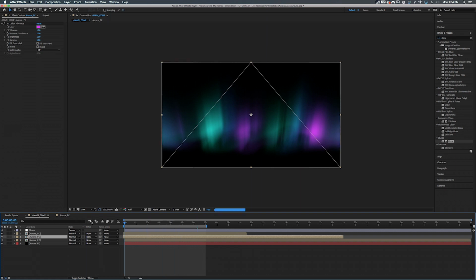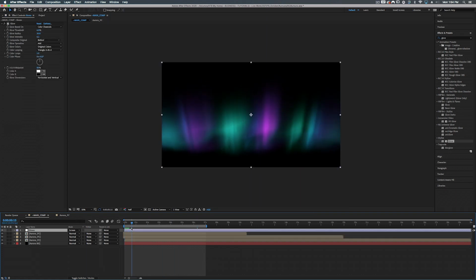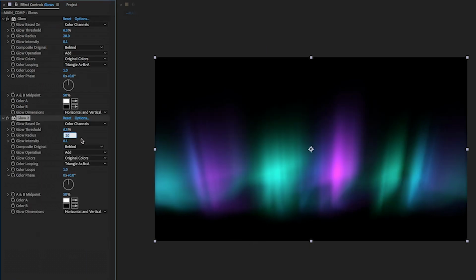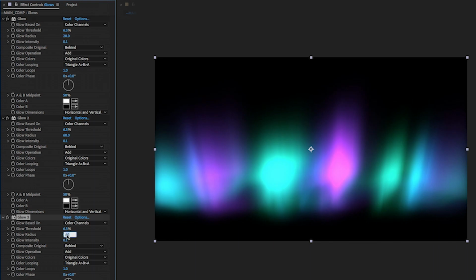Something like that, maybe. I don't know. Okay, yeah. So what we're going to do is take our glow and duplicate it. We're going to change the radius to be 60, about 3 times the original. Boom. Maybe duplicate that again. Do like a 120. I know that's not 3 times, but